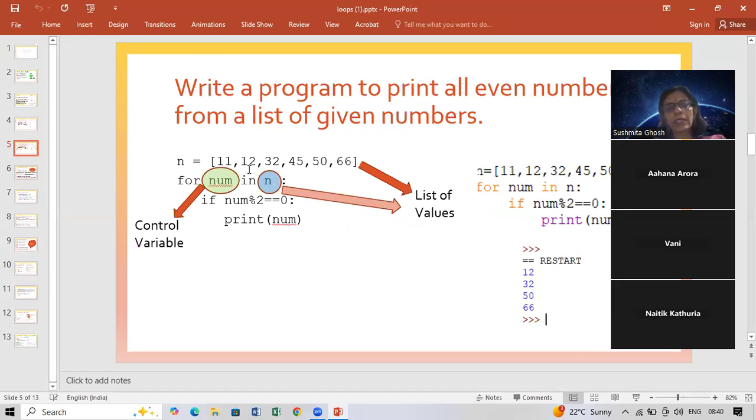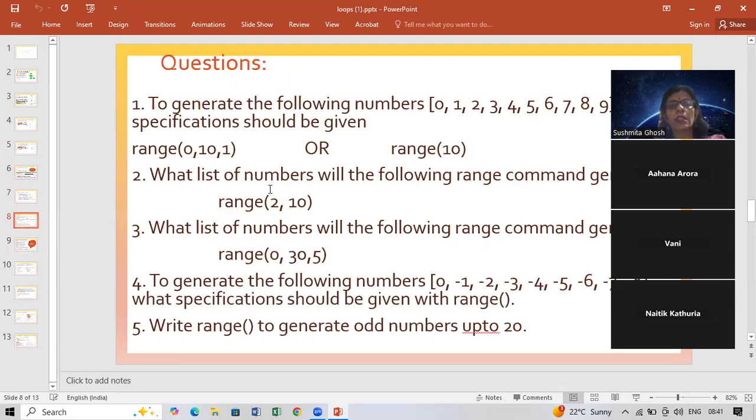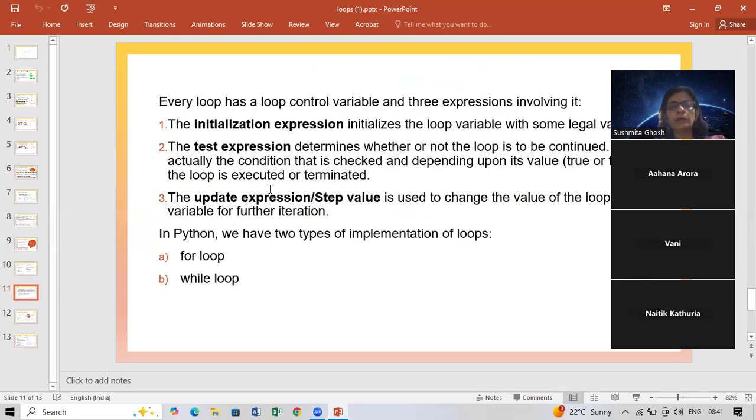This set of values I can give myself, or I will use the range function to generate it. The number of values range generates, that many times it will execute the loop. That is, my counter variable will pick up those values and execute the loop that many times. Now sometimes I am not able to judge how many times my loop will run. For example,